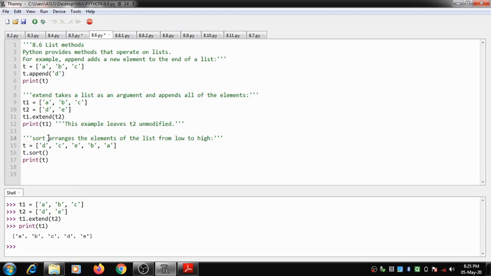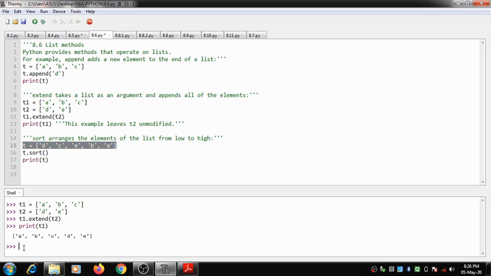Hope you have understood it. The next method we have is the sort method. As the name itself tells, the sort method arranges all the elements of a list from low to high. I have a list T equal to D, C, E, B, A, so it's unsorted elements inside a list.